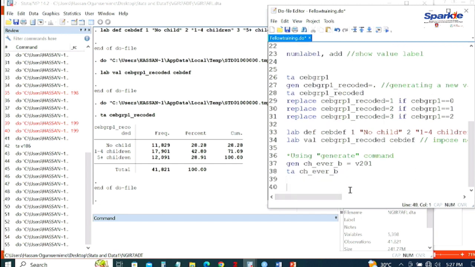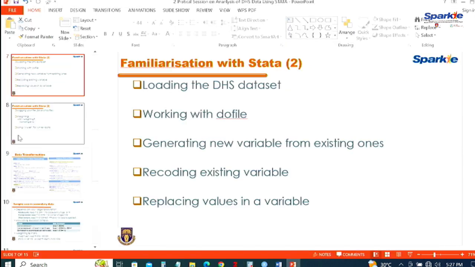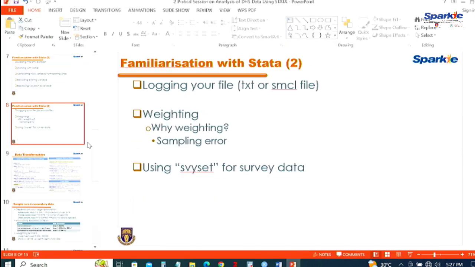So I think we are done with that part. Now, logging your file. Logging your file is about ensuring, I think by now all of us understand what it means to change directory, right? People are not answering. Yes, sir. What's going on? So if you know what the directories are, and we are able